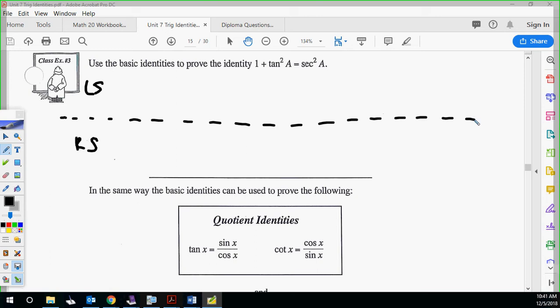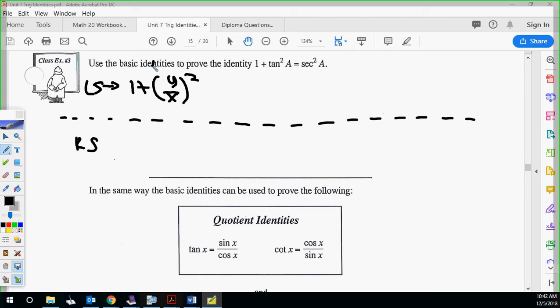So how else can we write tangent squared a? Good. Y over x squared, right? You guys see that? So our first step, you can number them if you want. We're going to change tangent squared to y over x squared, because tangent's y over x. Remember, why are we doing this? Because we're finding ways to compare the identities. Okay? So then when we do this, that's going to be,